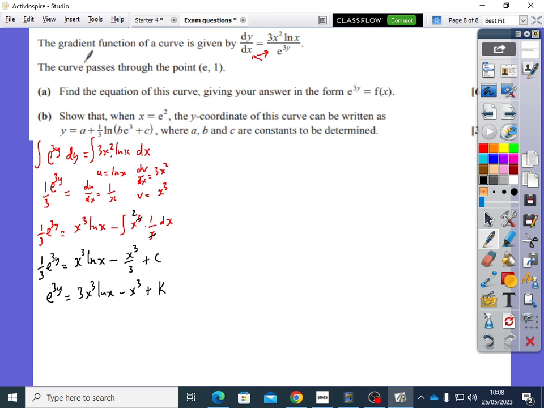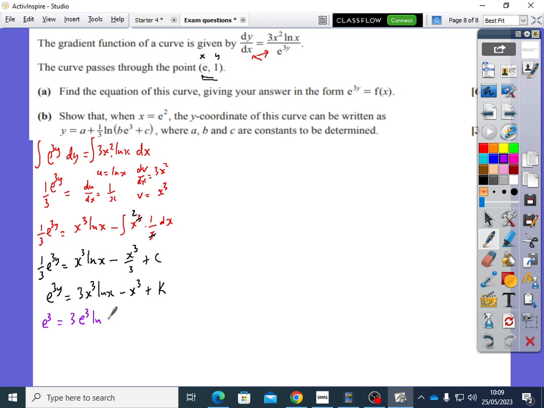Now, you've been told that the curve passes through this point. So x is e, when y is 1. Let's just sub that in here. So y is 1. 3 times 1 is just 3, so that's going to give me e to the 3. That's going to be 3e, x is now e, so that's going to be e cubed